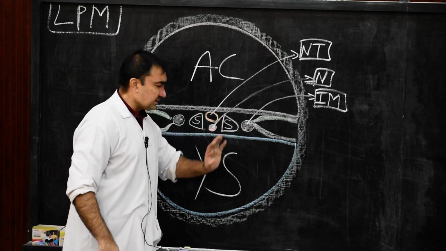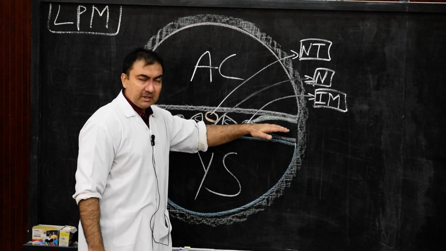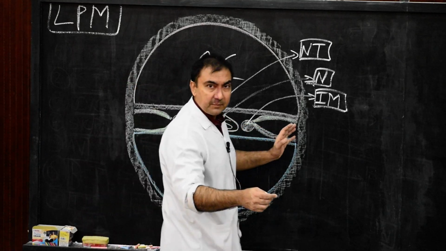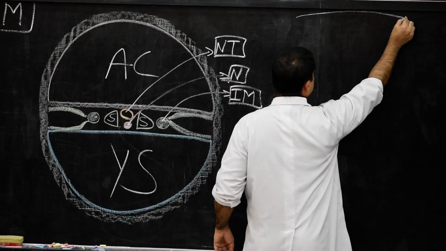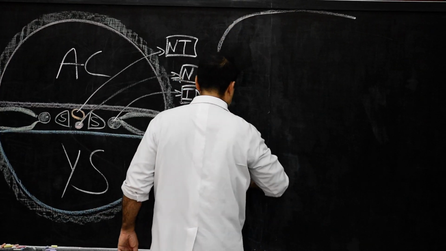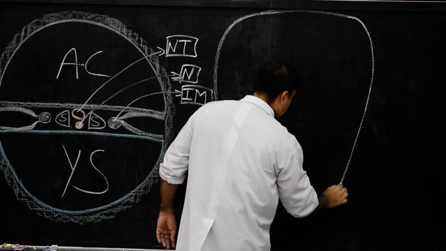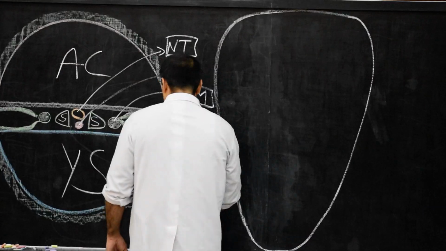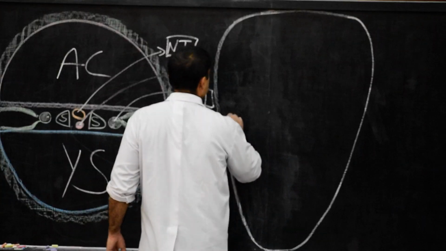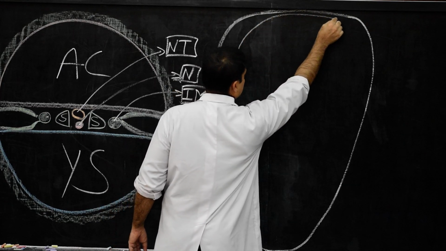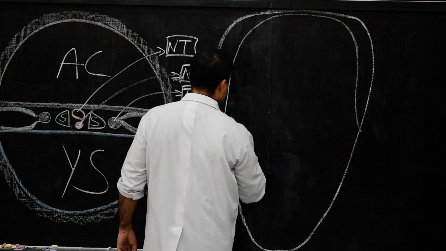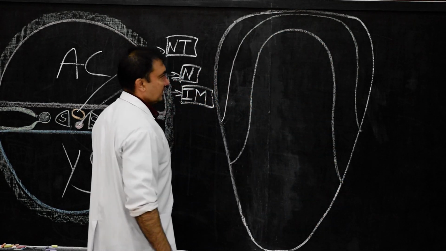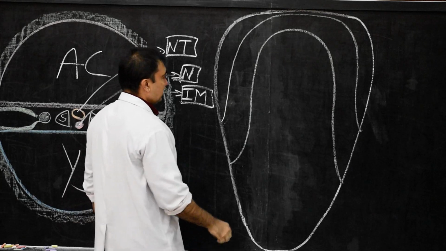So in order to understand this cavity, this is the middle part of the stage of development of lateral plate mesoderm, we need to draw, similarly, please come on this side, we are going to draw this diagram in which we are going to see the entire embryo in a dorsal view, the pear-shaped embryo, and here we are going to show this lateral plate mesoderm. Please draw this lateral plate mesoderm in this way. So this is where we draw the lateral plate mesoderm.